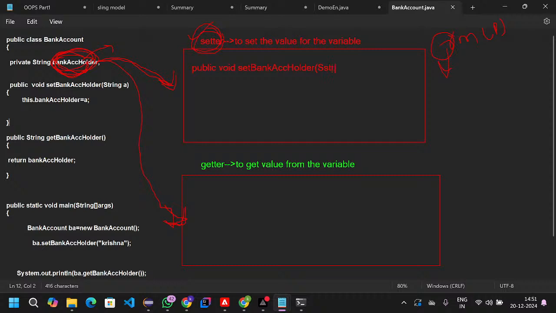The input I am giving is a string. Why only string? Because the data type of the variable also belongs to string only. And then you can mention a. The variable name you can take anything. And from here to here,